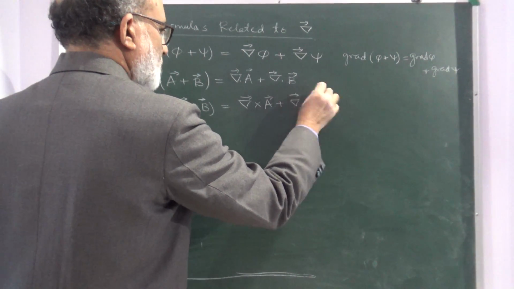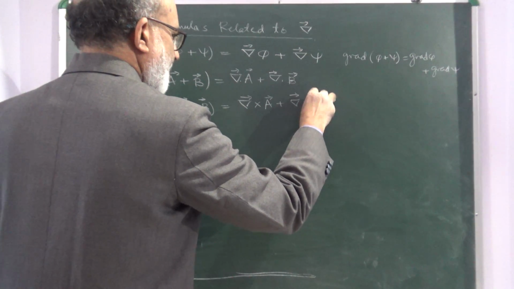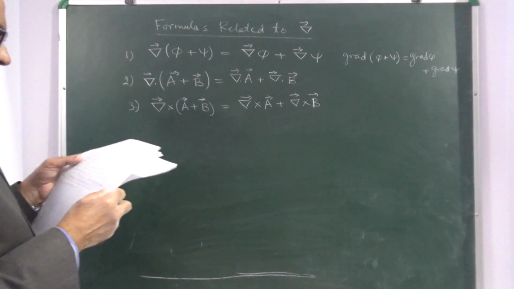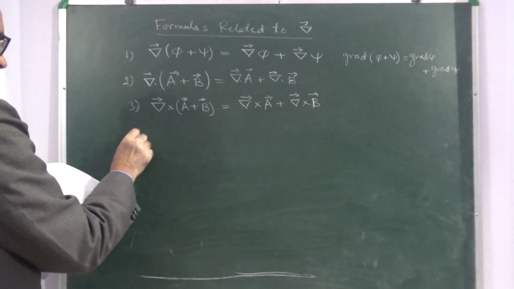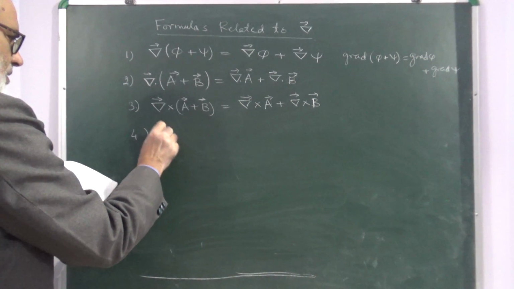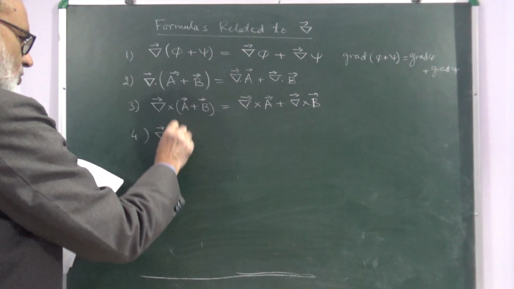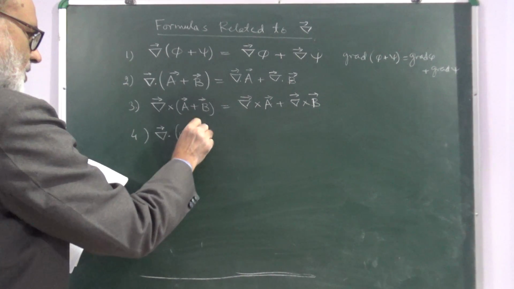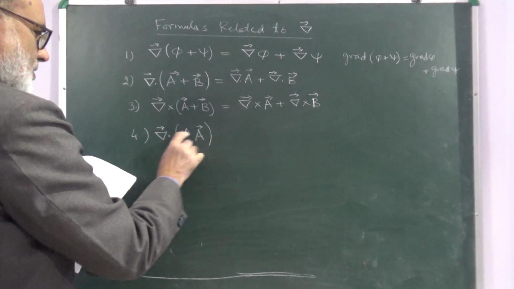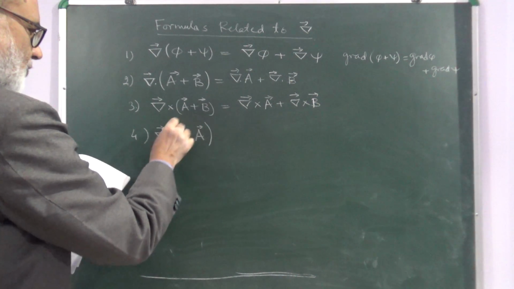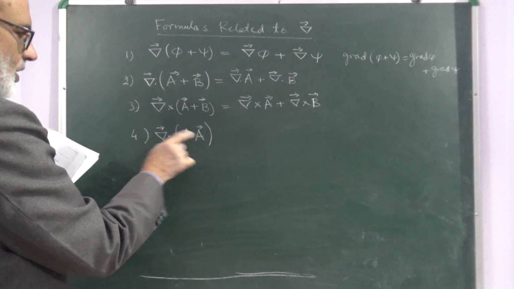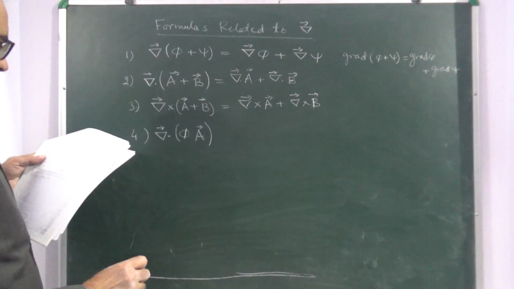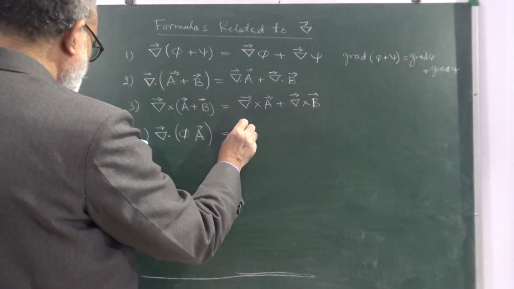All these can be proved very easily. It's very simple. Now take the curl or the divergence of a scalar field and a vector field. The product of this is a vector field. This is a scalar field and a vector field, which results in a vector field. So it will be divergence. This will be just like